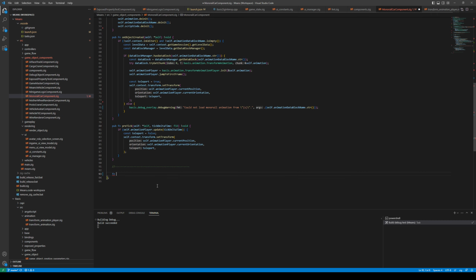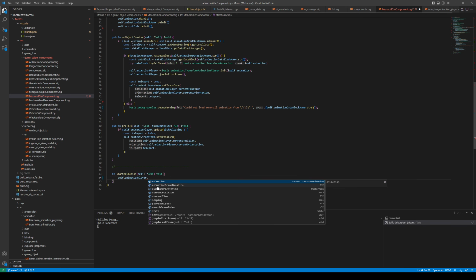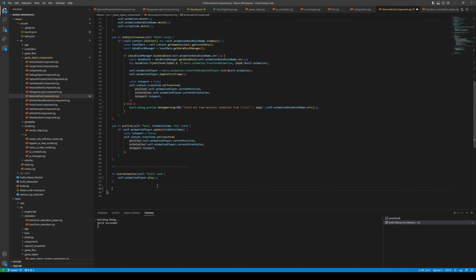And we will add a start animation method here, like this. So self animation player play. All right. And if we want to script that, then we need to add the so-called wrapper function to allow AngelScript, which doesn't really know Zig at all, to actually call into this thing. And this needs to be call convention C,